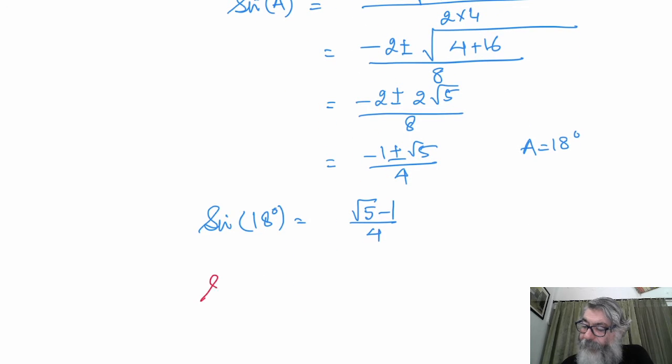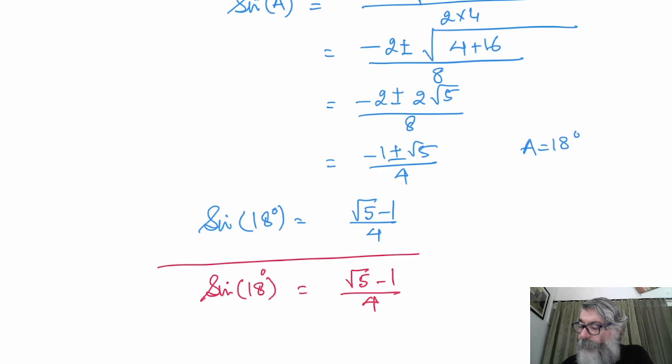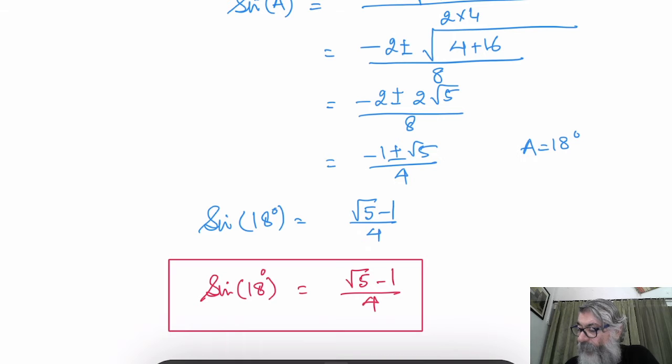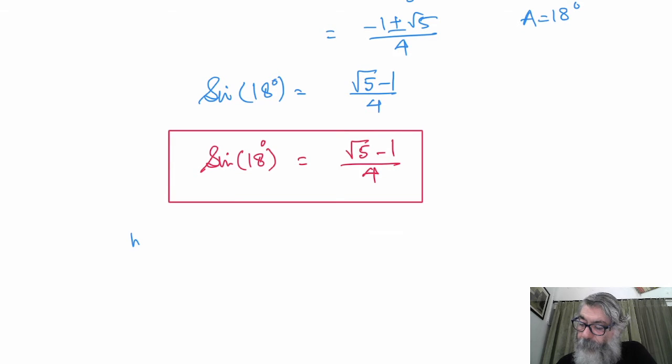So sin 18 will become root 5 minus 1 upon 4, and this is the value of sin 18. Once I've got sin 18, I have no problem in calculating cos 18. Why? We know